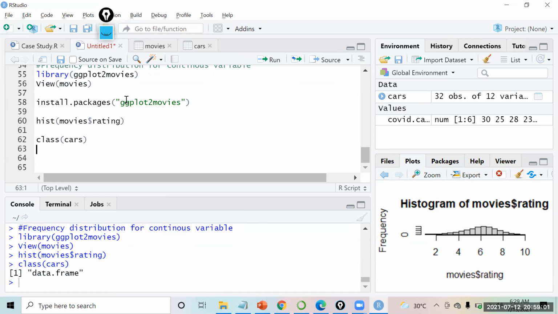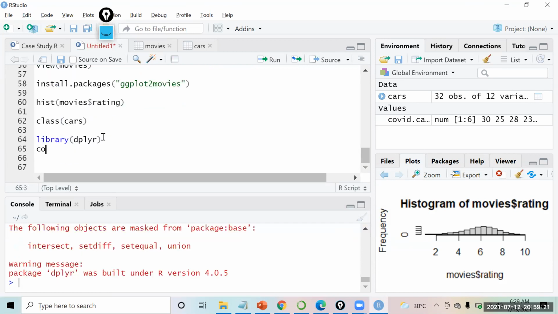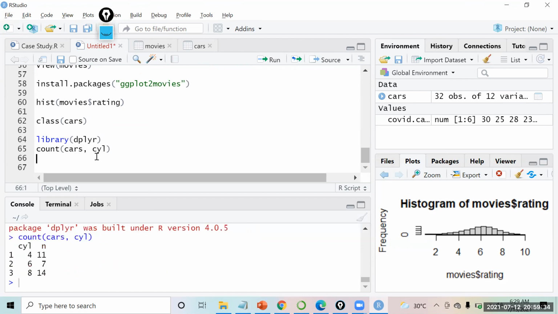So you get a data frame in the sense that you get two columns, right? If you use that count function, which is in the dplyr package, on your data set cars, and we use the variable, suppose cylinder, you see the output difference over here.